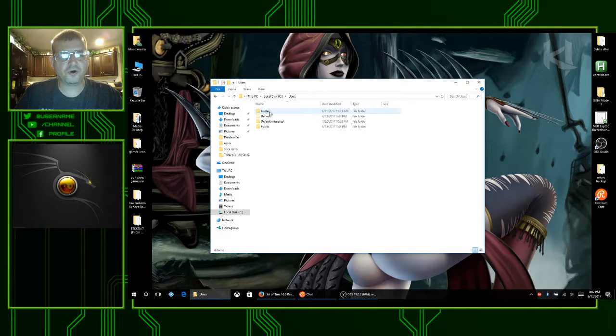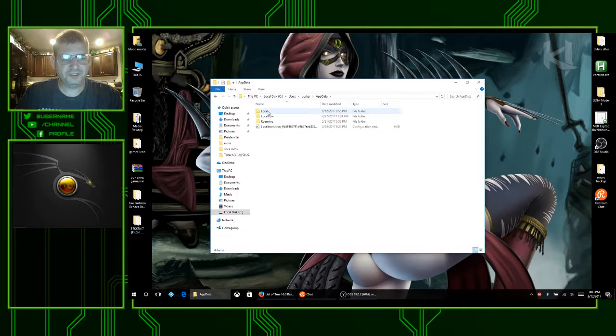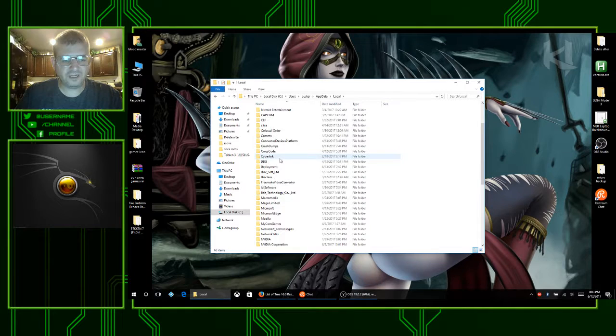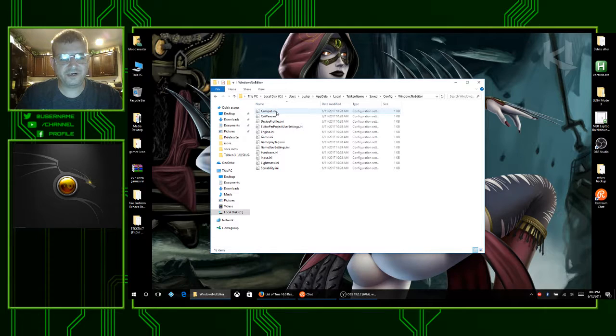And then you go into your username, the one that you use, not Public, not Default, not Guest. It's the one that has your username on it. So I'm Buster, so I go to mine. Then you go to AppData. Everyone's got this. After you go into the user folder, you go into AppData, then Local. Then look for a folder under T called TekkenGame. Go into TekkenGame, Saved, Config, WindowsNoEditor, and bam, you're going to be displayed with a lot of